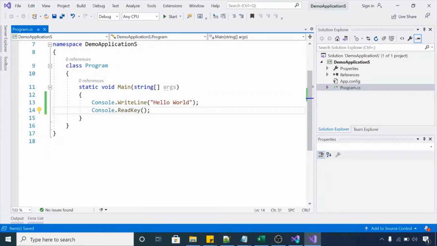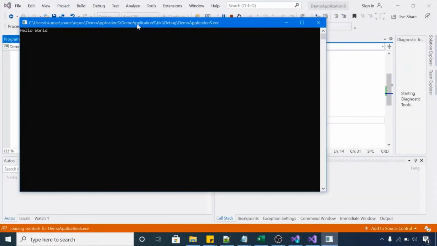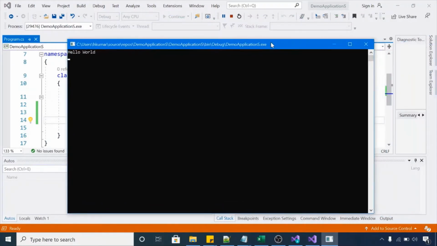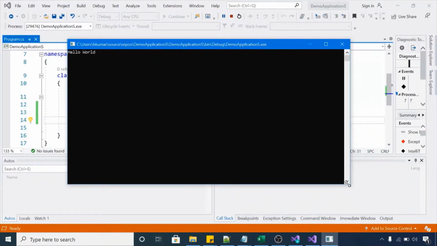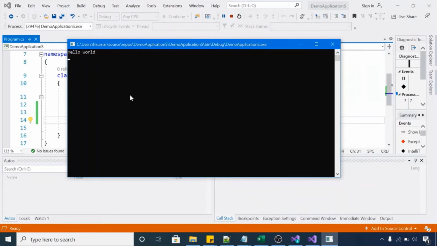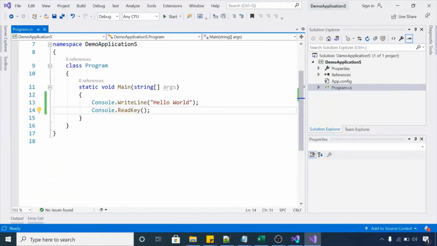So after launching your console, it will wait for you to enter any key, and it will not close the console until you press some key from the keyboard. Now click on start button again, it will execute the application again. Have a look, now it's not closing your application, so your application is now in running mode until you press any key. So let me press some key from the keyboard. I can press any key from the keyboard, enter key, space key, or any key, okay? So let me press enter key. Now it got completed.